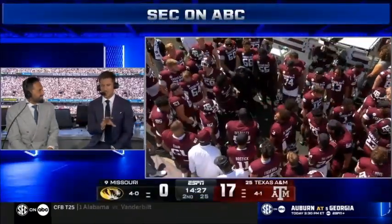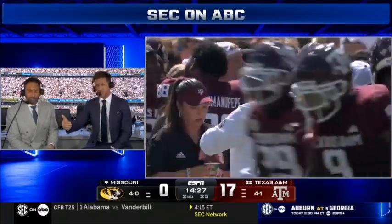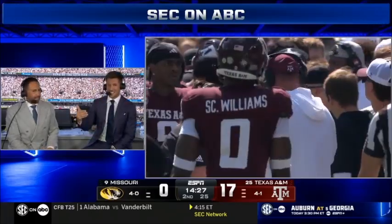This could be a huge opportunity for A&M, already up 17-0. Yeah, people need to start talking about A&M with a legitimate opportunity to make a college football playoff run. They sit in first place in the SEC right now at 2-0. They win this game. They got the 3rd easiest SEC schedule remaining, so they're definitely a contender to me with